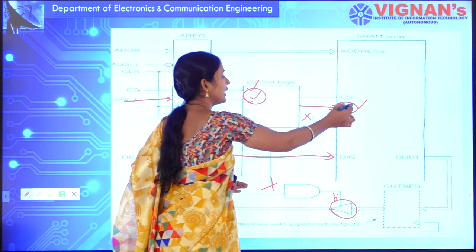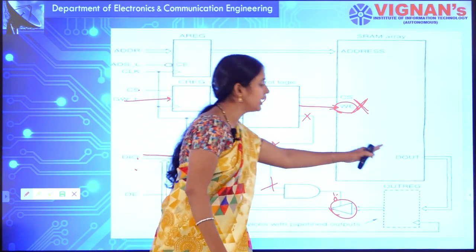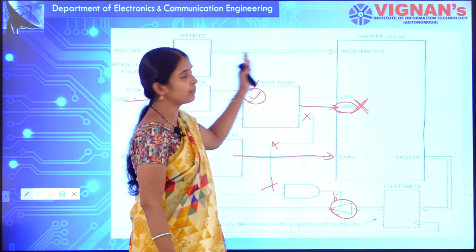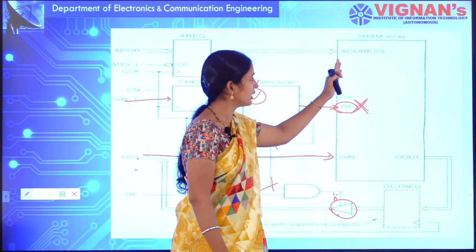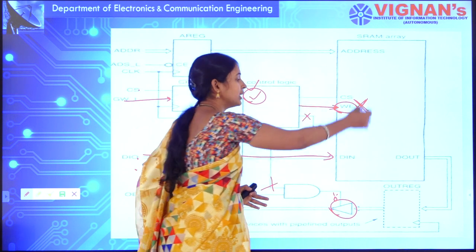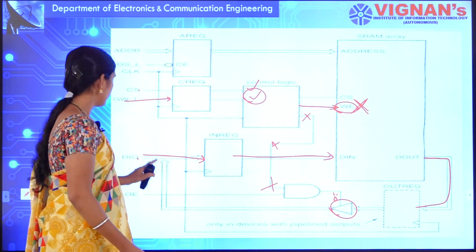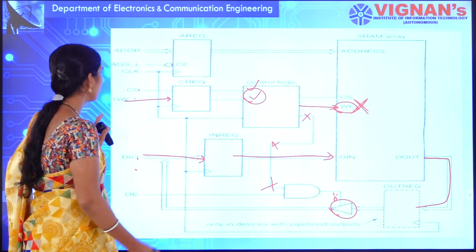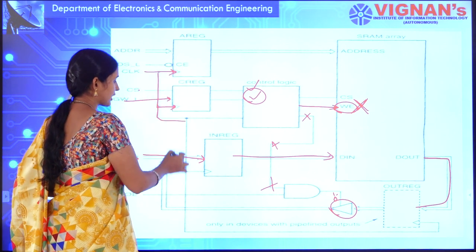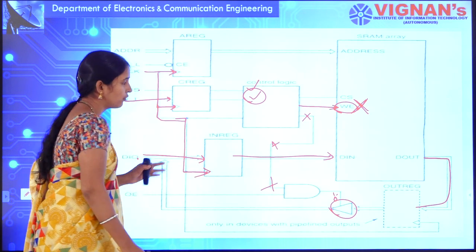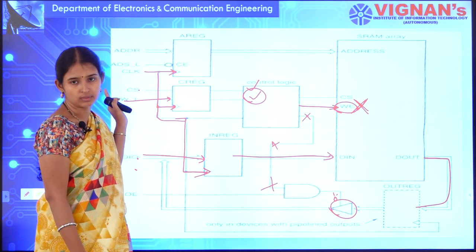If write enable is deasserted, you are not writing the data, that means you want to read the data. The address register will be providing the address to the memory, and in that particular address, whatever data is there will be fed out to the data input output bus with the help of clock cycles. Depending upon your clock cycles, it is going to be activated. When the clock is high, you are getting the data. If the clock is low, you cannot get the data.